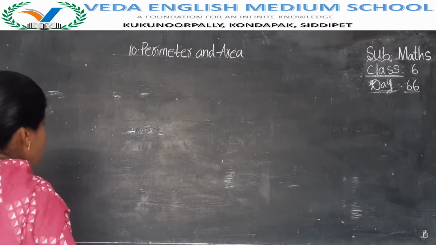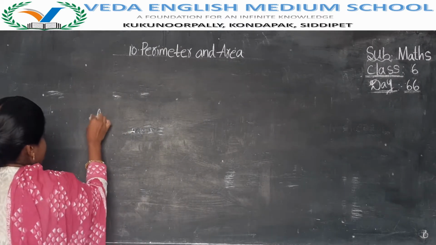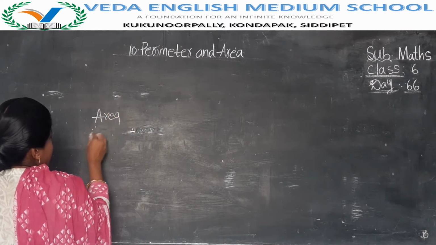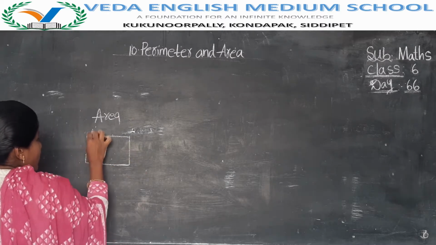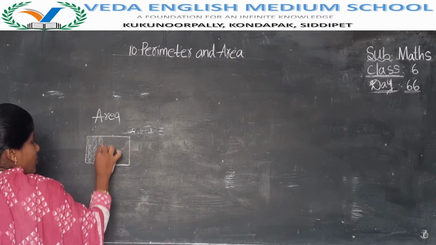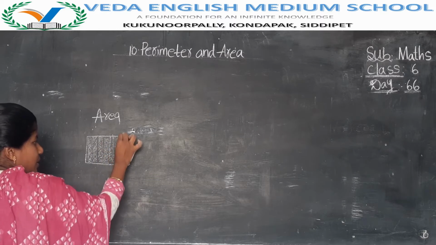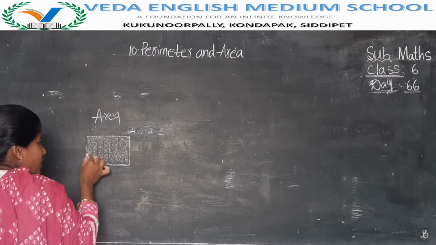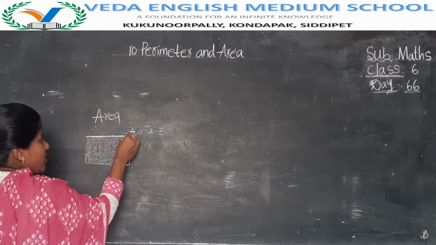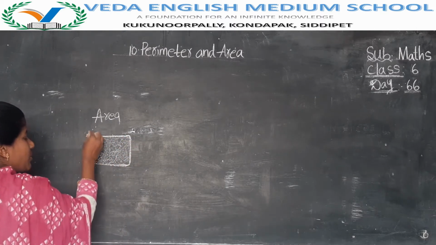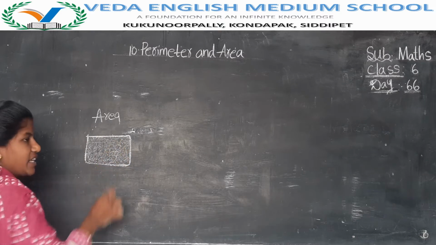Here we are going to learn about area. Area is nothing but the inside part. If I have drawn one rectangle here, then the amount of the surface enclosed by its closed figure, the inside part, is called area. Perimeter means to measure around. Chuttukalmani perimeter antaru. Local and find out area antaru.